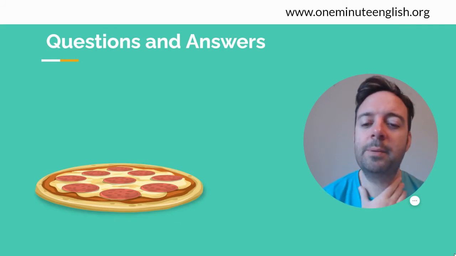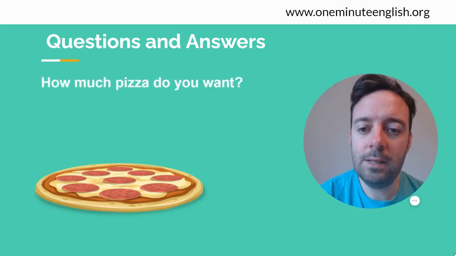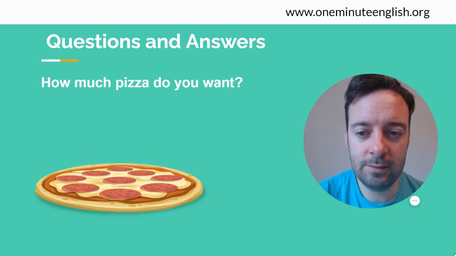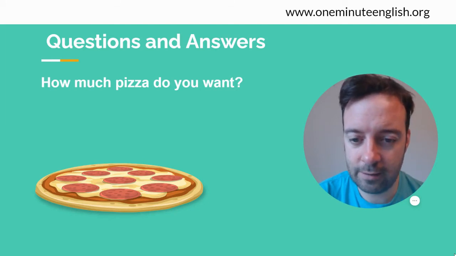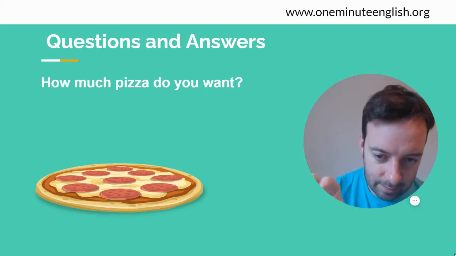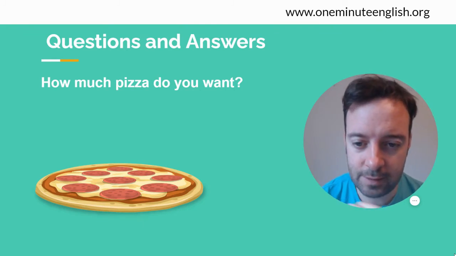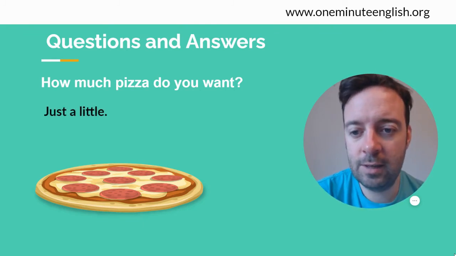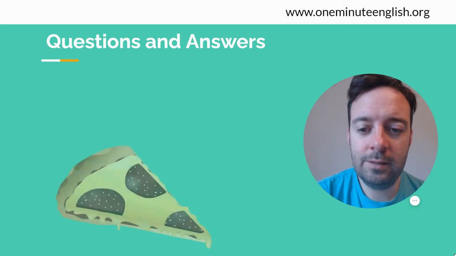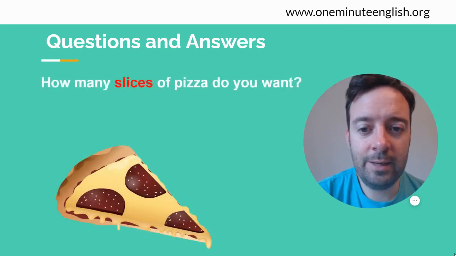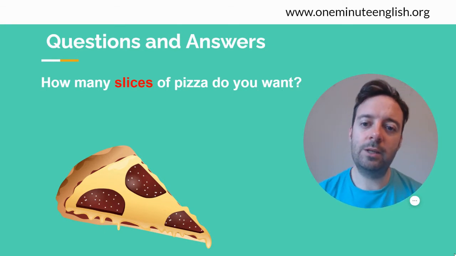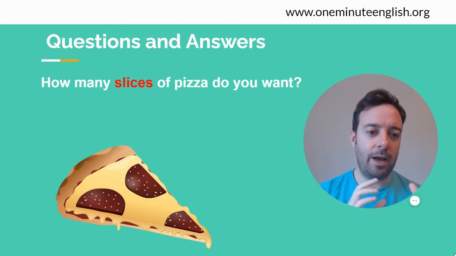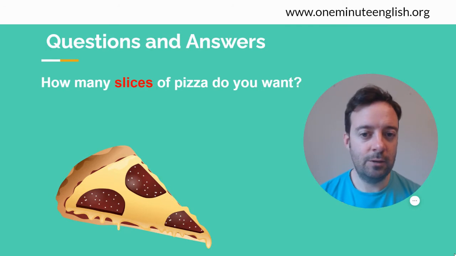Let's look at this example, pizza. So how much pizza do you want? Okay, it's kind of uncountable, the amount that maybe somebody wants from this pizza. You say just a little. But you can also say, how many slices of pizza do you want? So sometimes we can use both how many and how much with the same noun, but we need to add